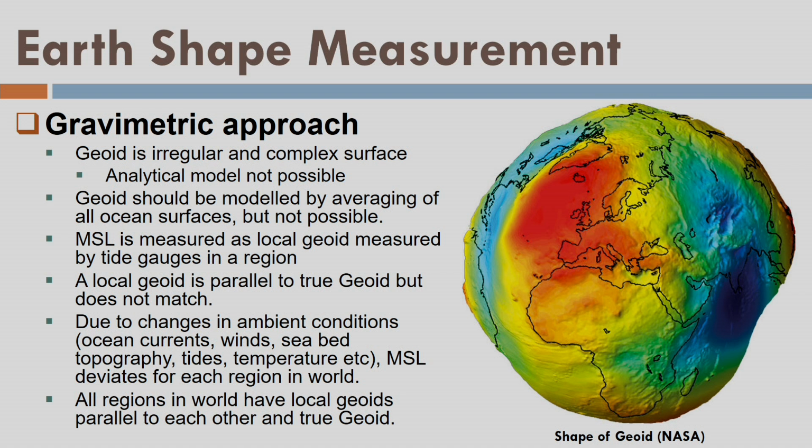So what are the possible problems? Let us look into that. First, an analytical model or mathematical equation for this surface is not possible, because in the case of a mathematical surface, I need to put some kind of contour problem, or maybe a 3D surface, and that surface should be of equipotential nature. It is quite difficult to fit across this particular shape. Let us see, we have devised a different approach. We will average the ocean surfaces, or the level of the ocean surfaces. I will create a level which will be uniquely defined.